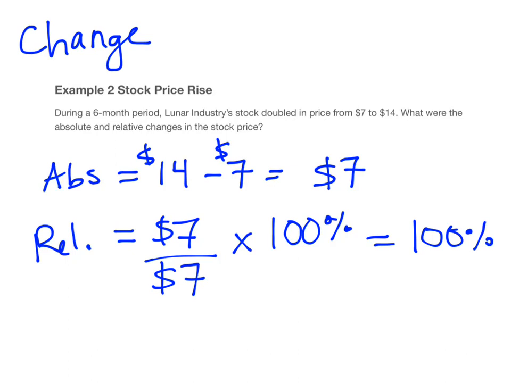So we can say two things here. We can say that the stock increased by $7, right? And that tells us an absolute amount that it increased, but it doesn't really give us any point of reference as to whether that's a large change or a small change. And it really depends on the context. I mean, if we had